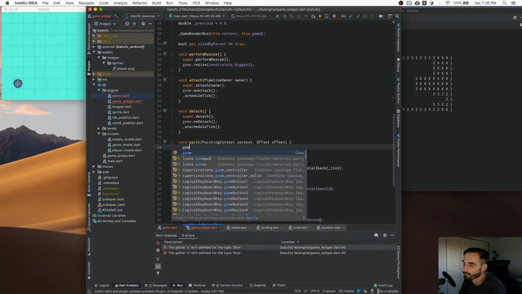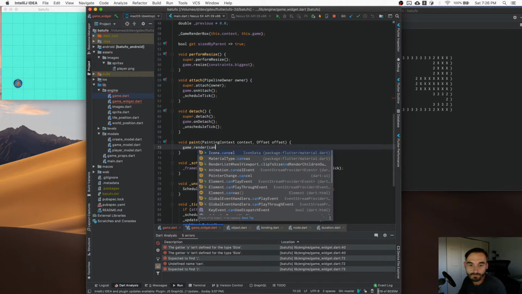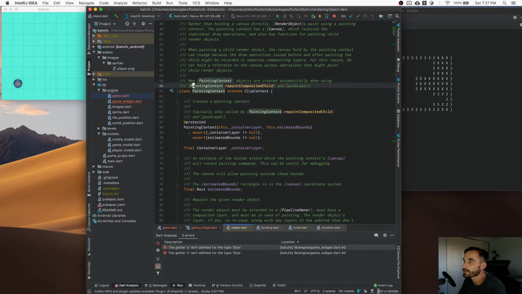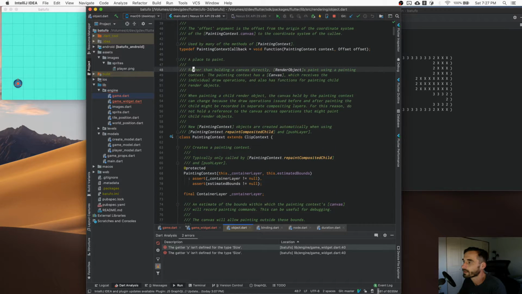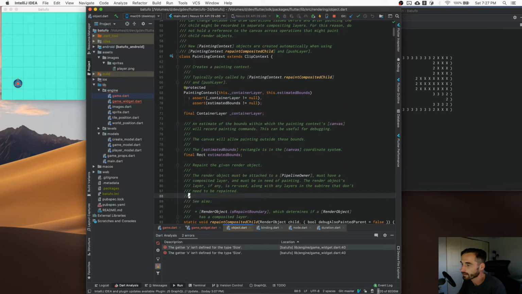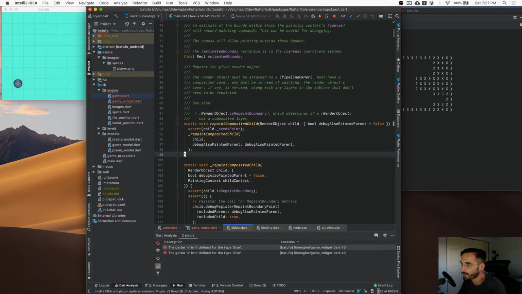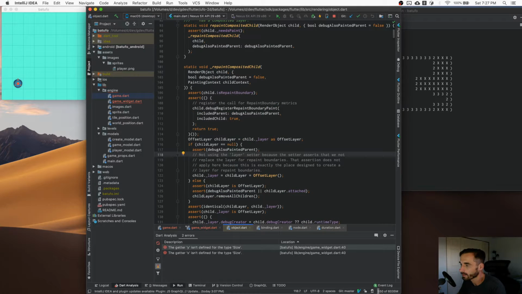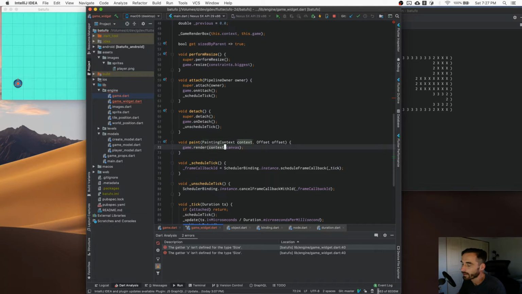And the commas are in the context actually. So let's look at the painting content, what that actually is. Okay, what else does it have except the commas? So there's a little more information, estimated bounds. It's basically a canvas wrapper that does a little more things here. Yeah, okay, fine. So we do the render,